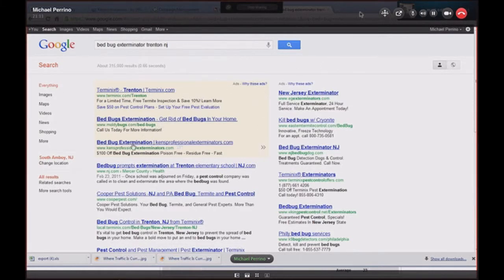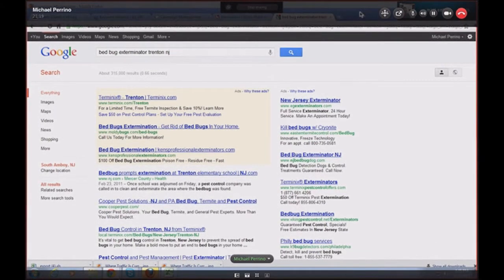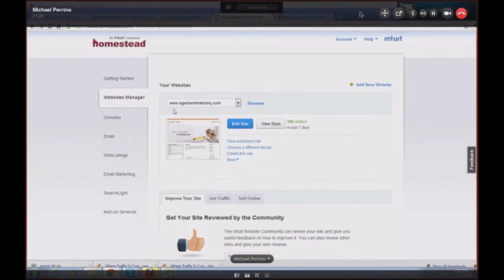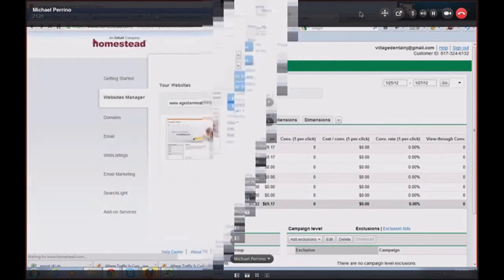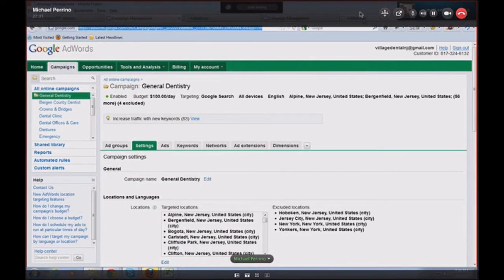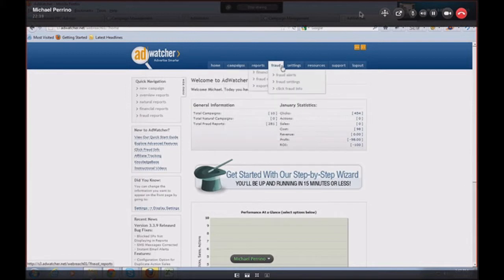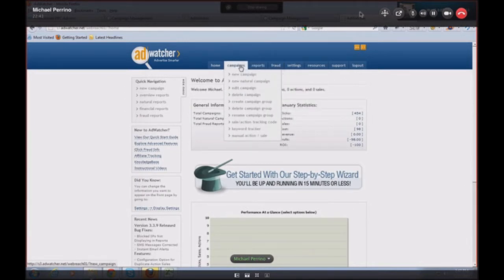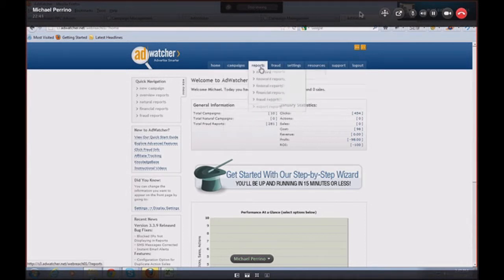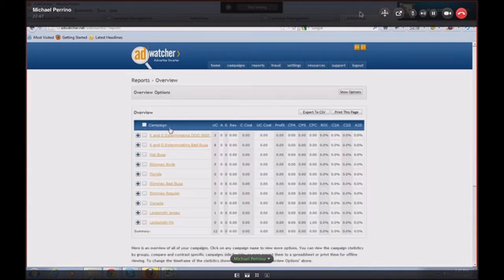What happens is anytime I click on this ad, the IP address is actually recorded along with cookie information. So if I go into my website's server logs and I can view the stats going on, what we can do is go into a program called Ad Watcher. And what that's going to do for me is actually going to give me a report on everybody that's coming to my website. So if I run a report